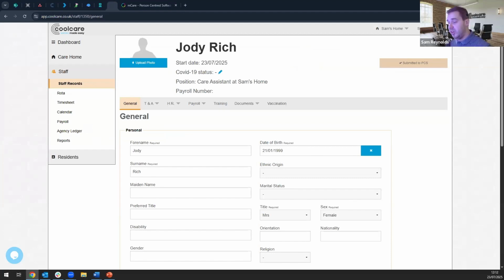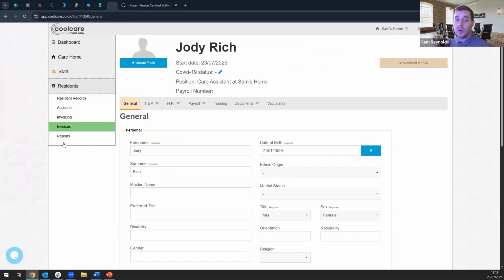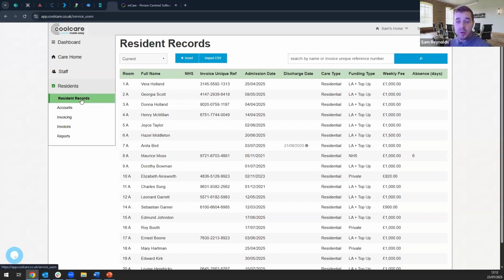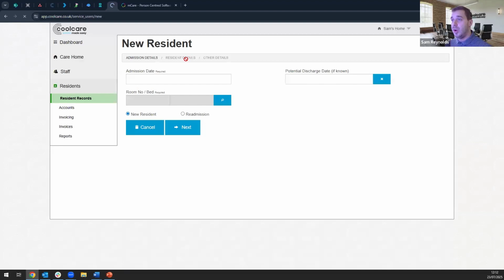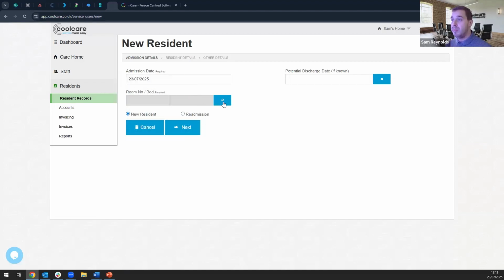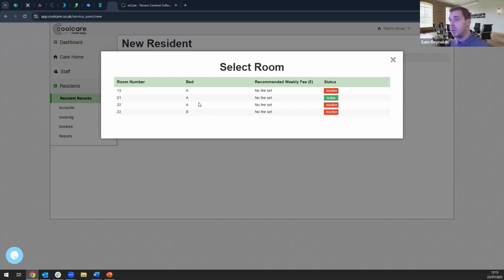And in terms of residents, it's very much a similar kind of thing. So once again, if we go to our residents section in CoolCare, imagine we've had a new admission. We want to get them onto both systems so we can start obviously filling out all the details we need. Once again, click Insert at the top of CoolCare, and we can create our new resident record. So again, most of the required stuff on here is also required by PCS. So the admission dates